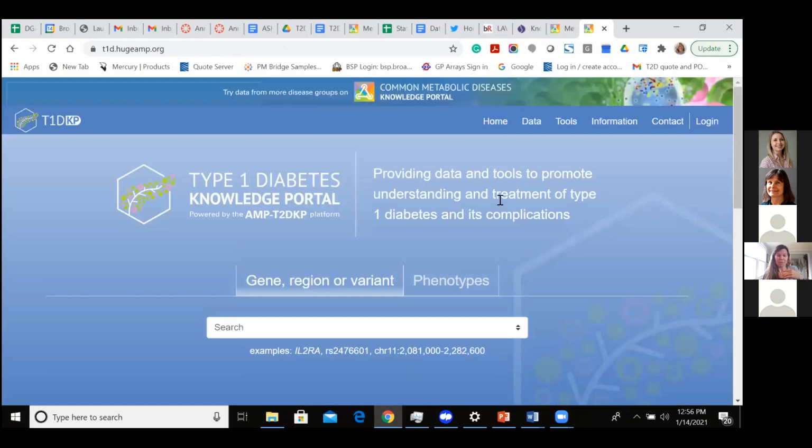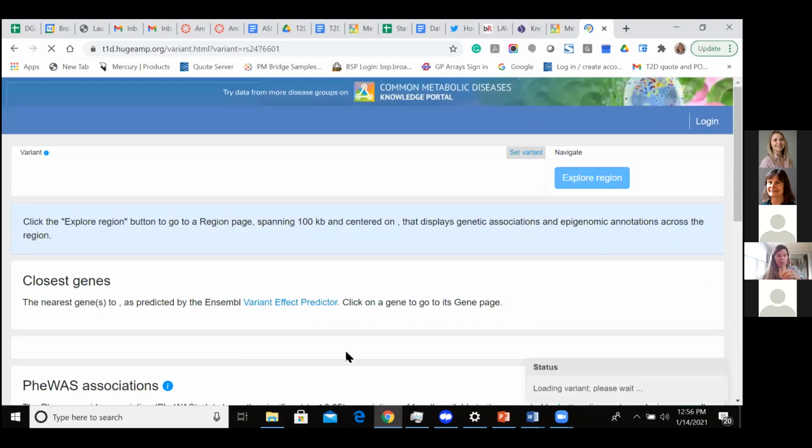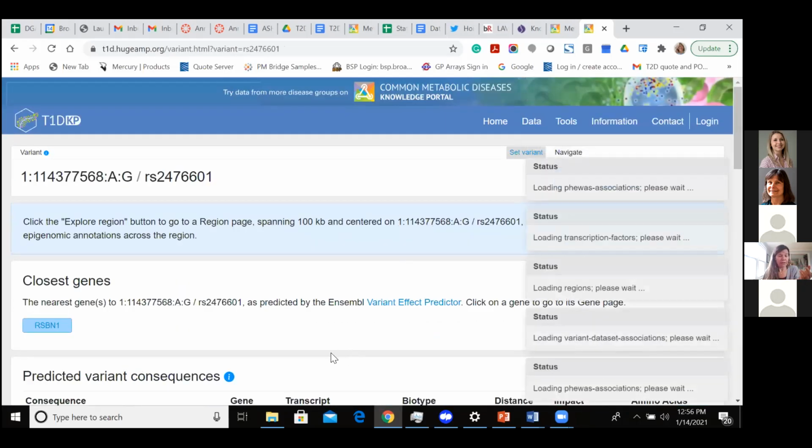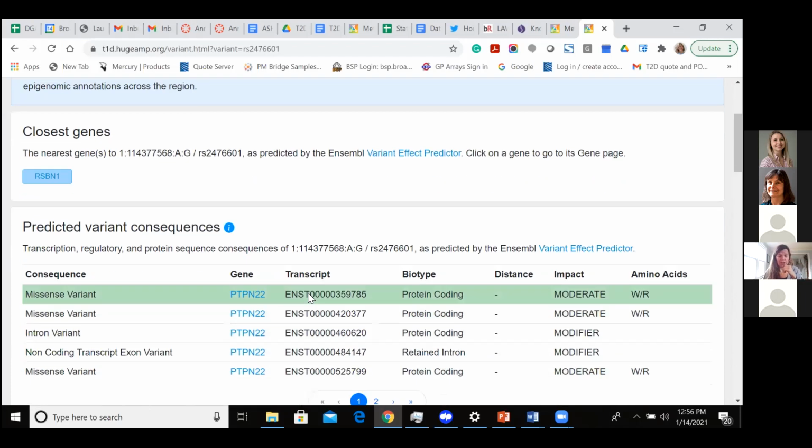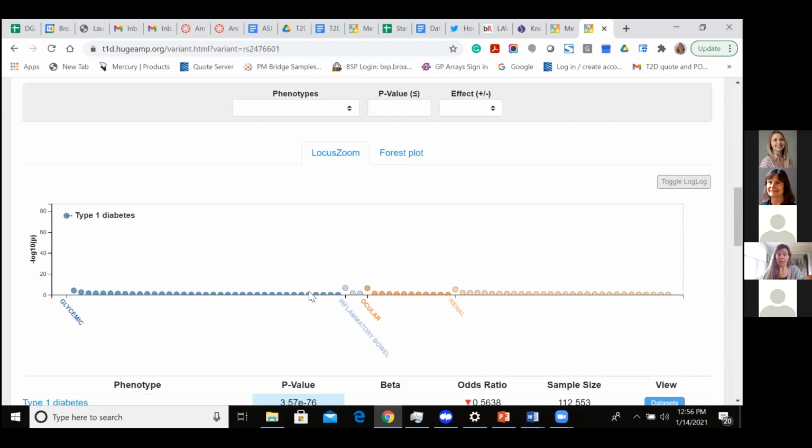I'm cognizant of time, so I'll try not to go over. You go to a variant page, this is a classic example on the type 1 diabetes portal. You'll get the variant, the closest gene, and the predicted consequences from the variant effect predictor. You also get a PheWAS plot, courtesy of our LocusZoom colleagues, which will show you for every phenotype in the portal, again just for the type 1 diabetes portal,